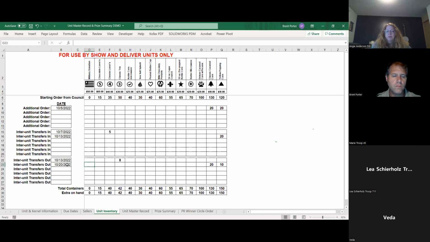The one thing I want to make sure that everybody understands is just because you posted something on the Facebook page, that does not count as a transfer form. You need to physically fill out the transfer form and you just send that one copy into Linda. Talk to the other unit you're transferring with, make an agreement on who's going to send it.